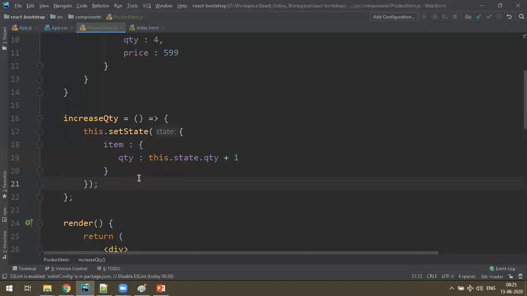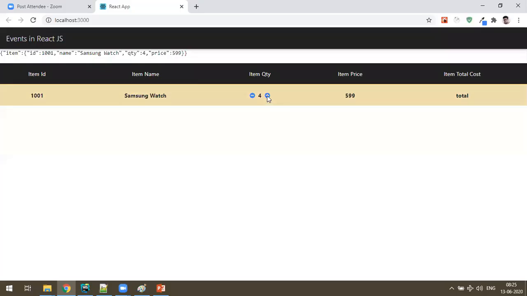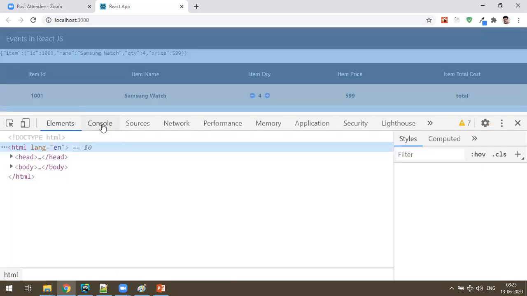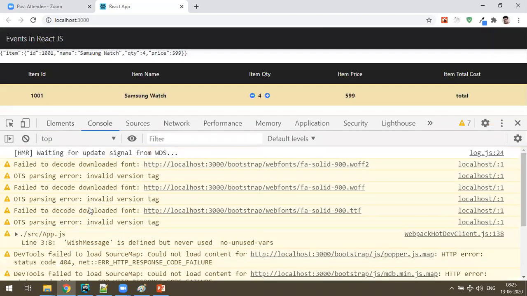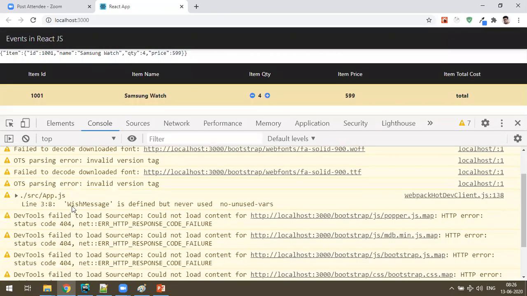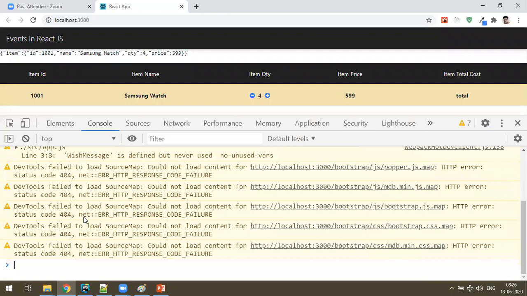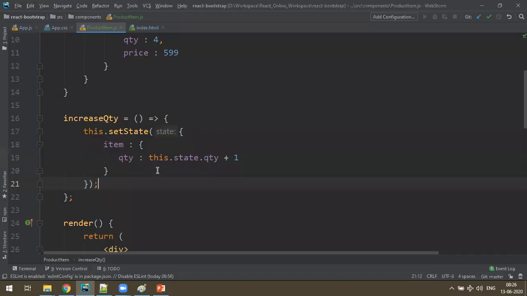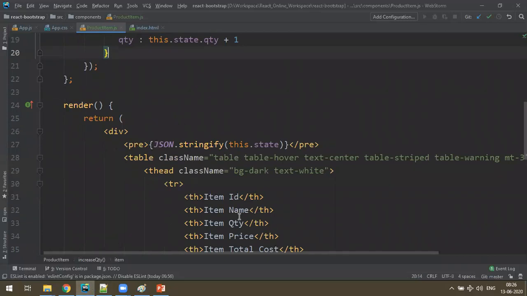So let's check. If I click on a plus symbol, not working. Something went wrong. No error. Then how come? Increase state, it has to work, man.